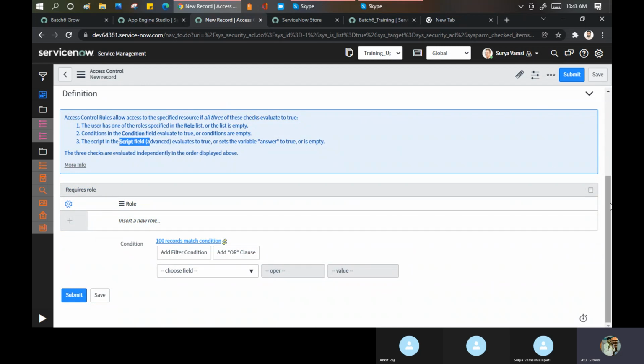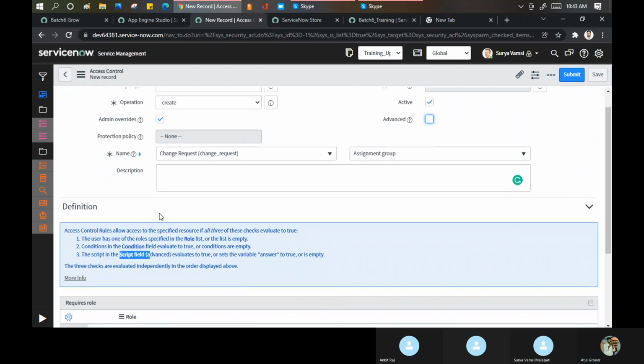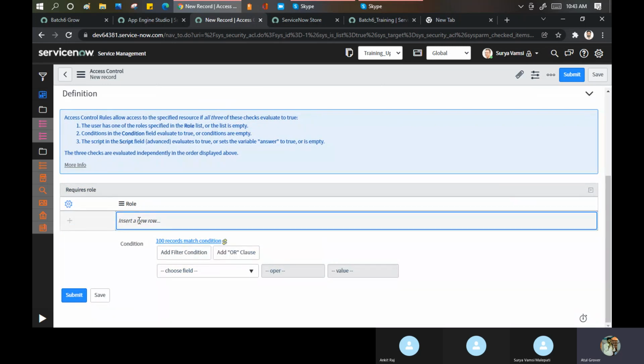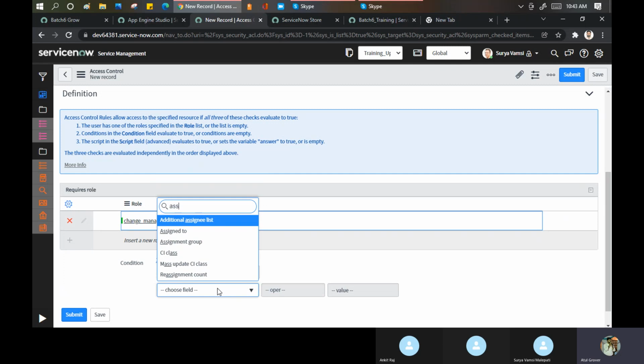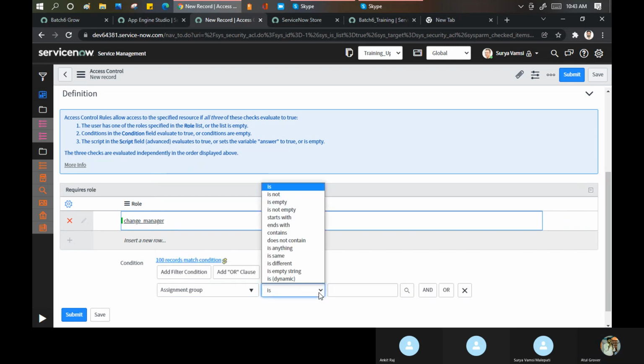So what I say is that any user who has a change manager role, condition, assignment group, start with.